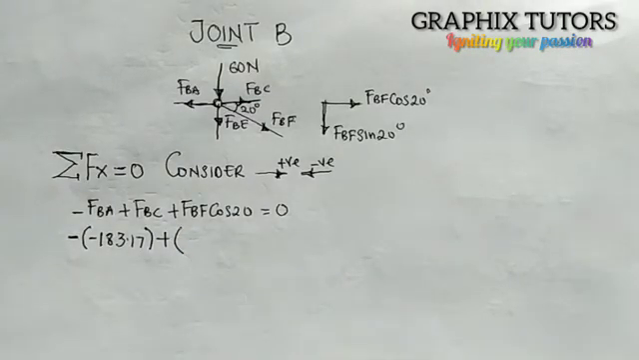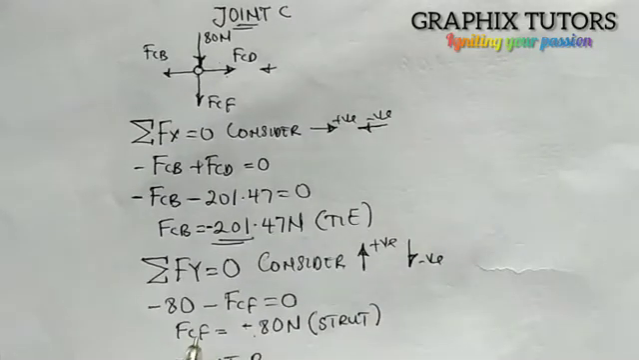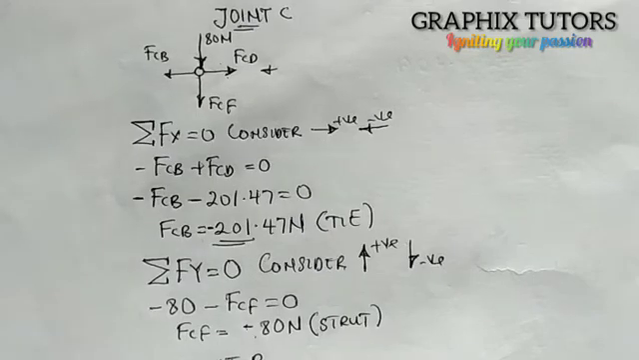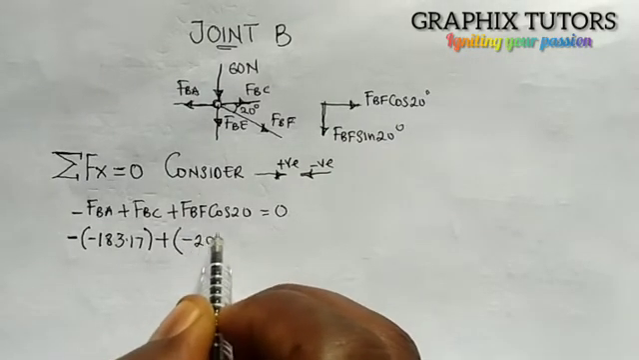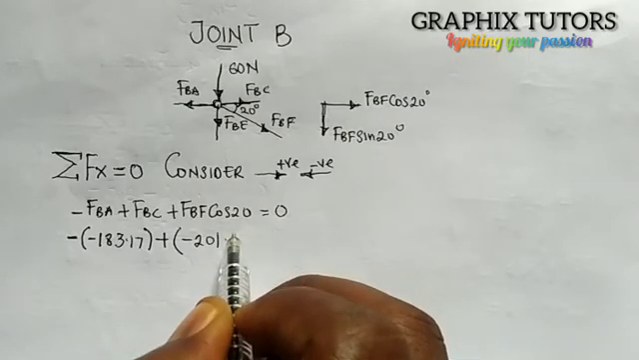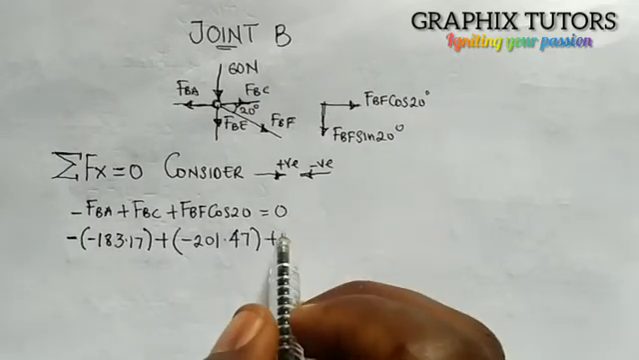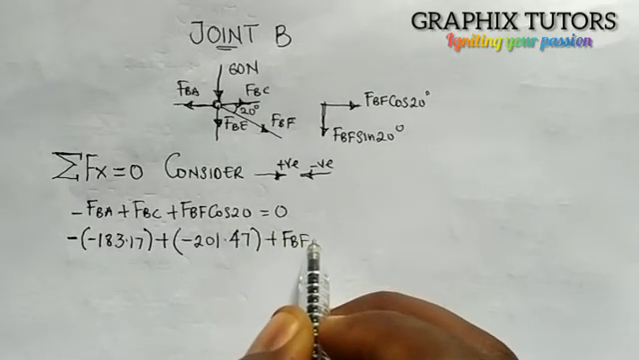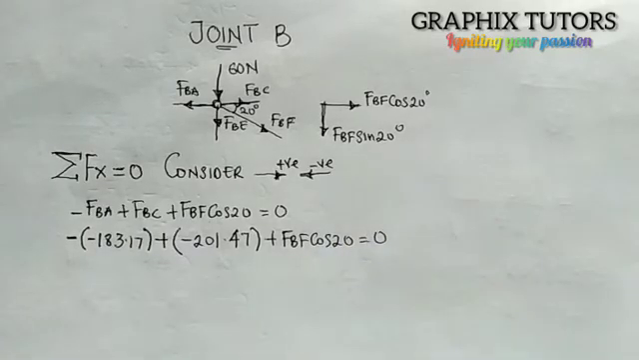The FBC is given to be, they are saying FCB, and that is minus what? Minus 201.47. So we have negative 201.47, right? Plus FBF cos 20. FBF cos 20 equals to what? 0. Now if you do that, we're going to be having FBC